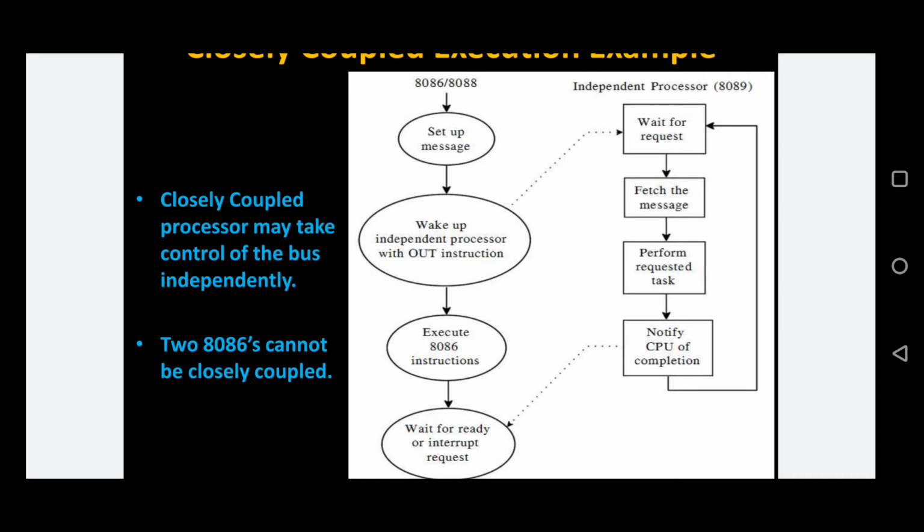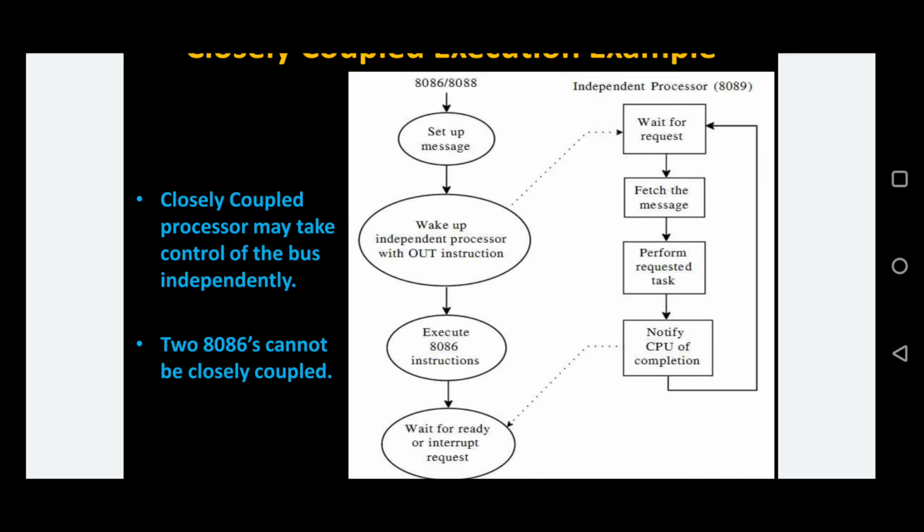This memory table has the address of a program written in 8089 instructions, called a channel program. After that, the 8089 will execute the channel program, and the 8089 can fetch and execute the instructions on its own, unlike the 8087. Finally, when the 8089 completes its task, it again interrupts the CPU, that is the 8086 microprocessor, or it maintains a busy flag in the memory table, and this flag is periodically checked by the 8086 microprocessor. So this is the communication between the 8086 and 8089.